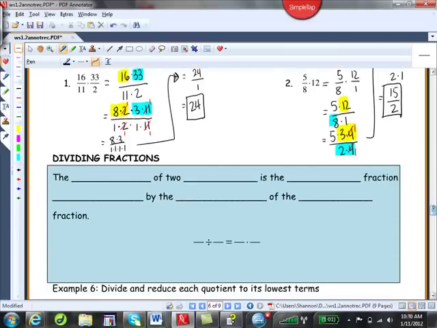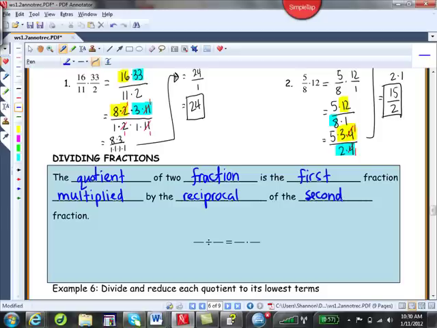Okay, dividing fractions. The quotient of two fractions is the first fraction multiplied by the reciprocal of the second fraction. So just a little reminder here, the reciprocal, let's just say that you had